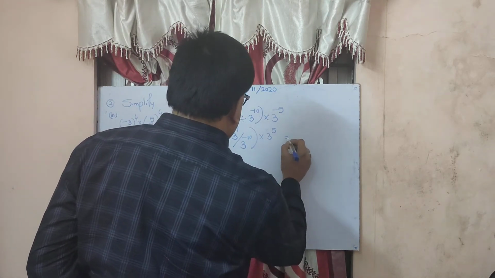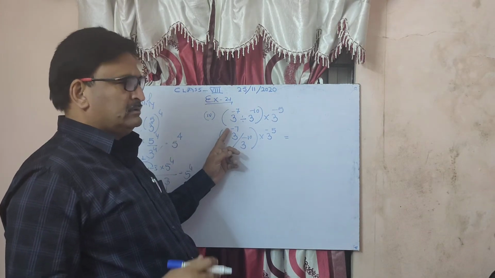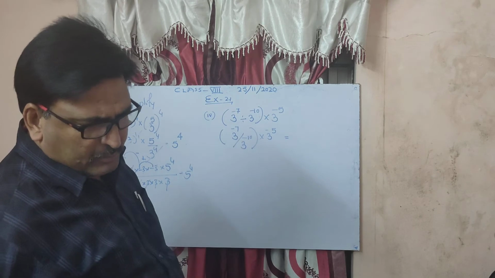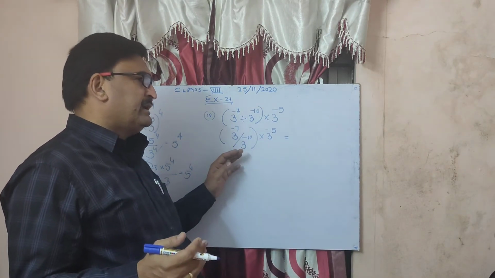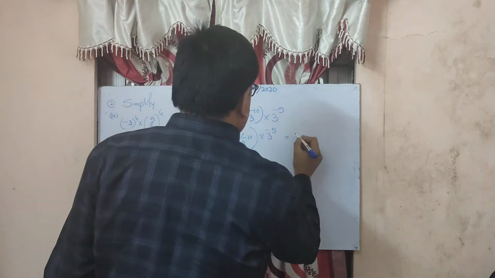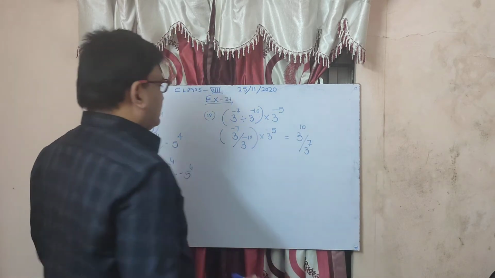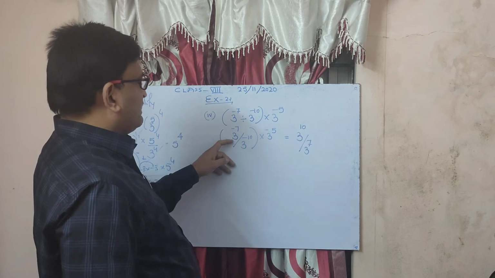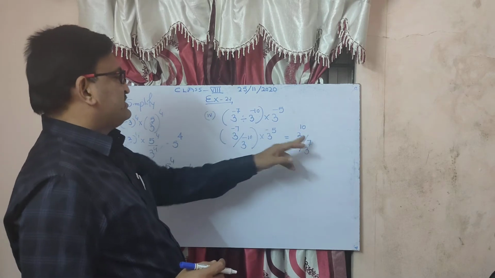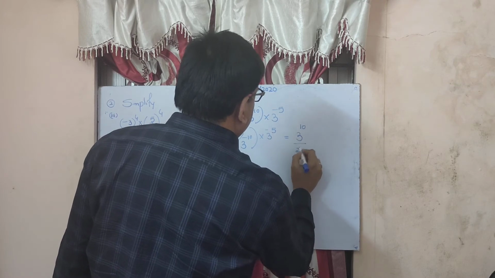Now, I told you to remove the minus sign, what you have to do? If the number is in the numerator, take it to the denominator, and if the number is in the denominator, take it to the numerator. That number will become positive. Now what we have to do? 3 to the power 10 it becomes, and 3 to the power 7. Just reversing. The numerator number will go to the denominator, and the denominator number will go to the numerator, and the sign will change. Now 3 to the power 7.